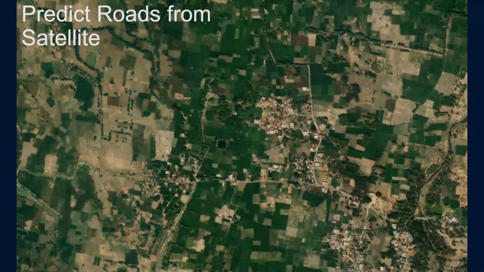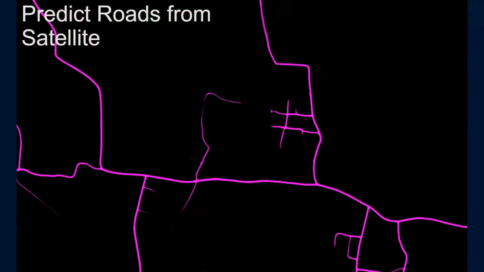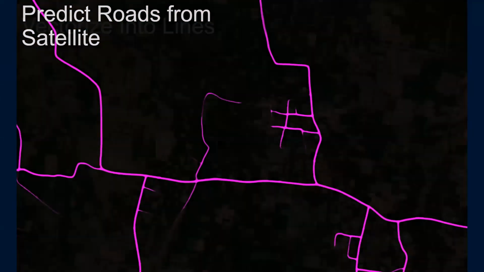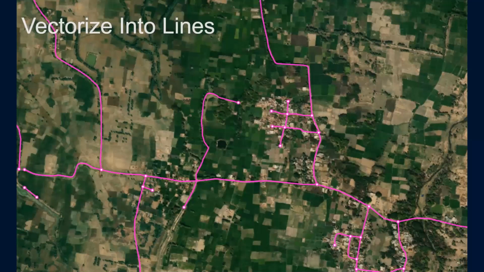We feed the machine satellite imagery. And what we get back from that is this. It's actually a black and white image, or black and pink in this case, where the machine thinks that pink is a road and black, or transparent in this case, is not a road. You can see that there's some spots that are thicker and some spots that are weaker, and that corresponds to how confident the machine is that this is a road or not. But this is just a picture, and we have to turn this into actual usable data.